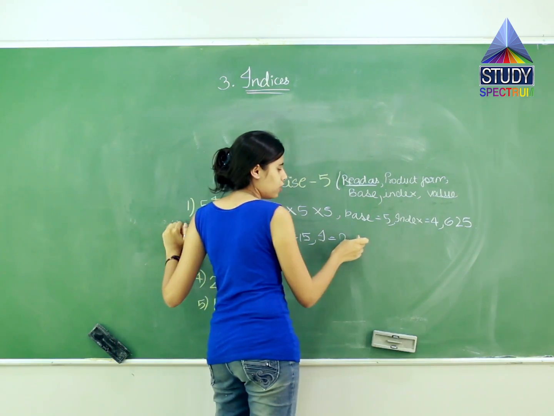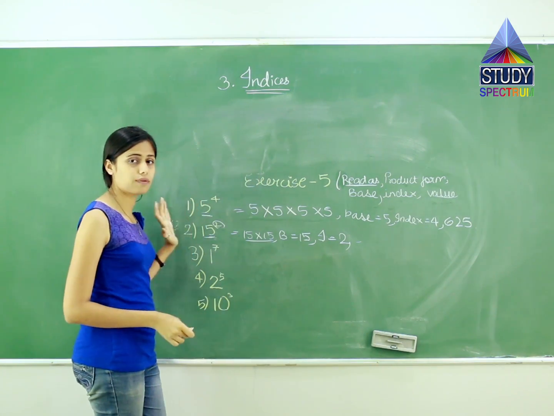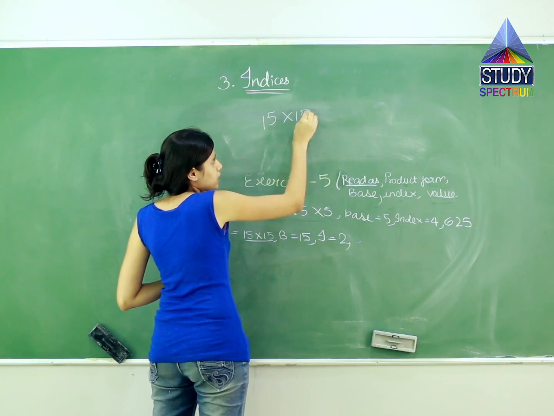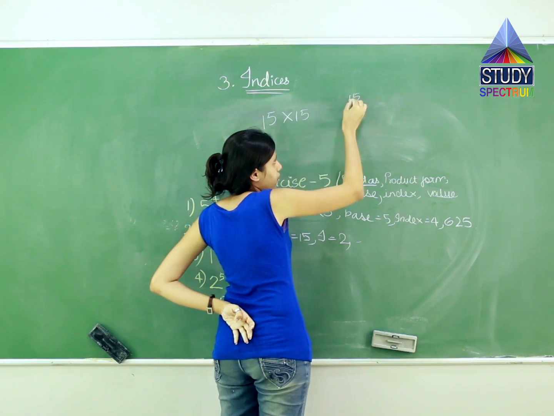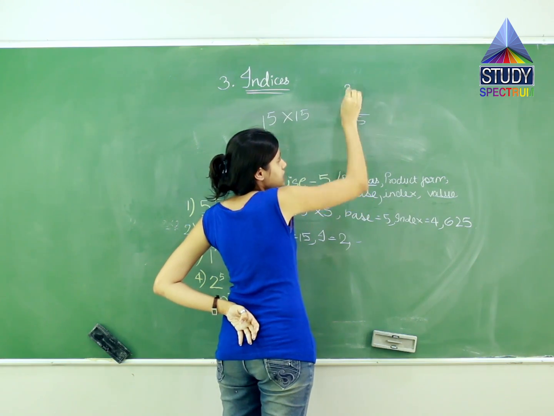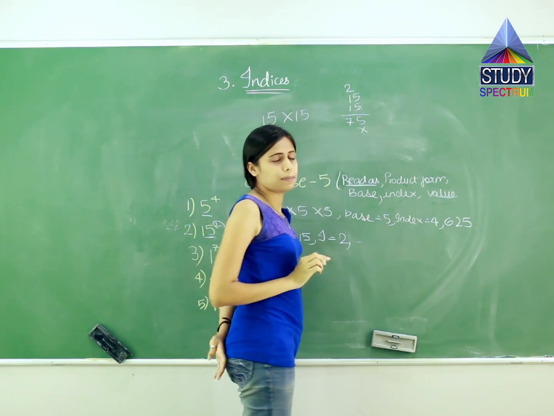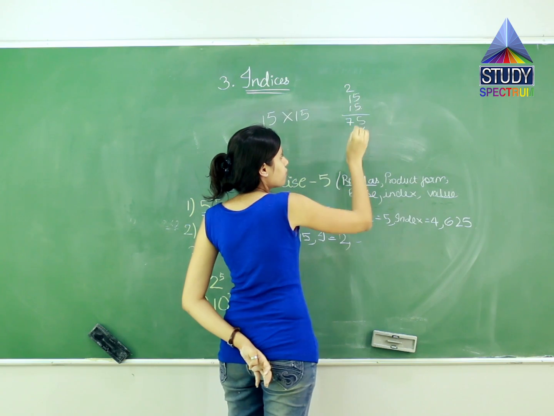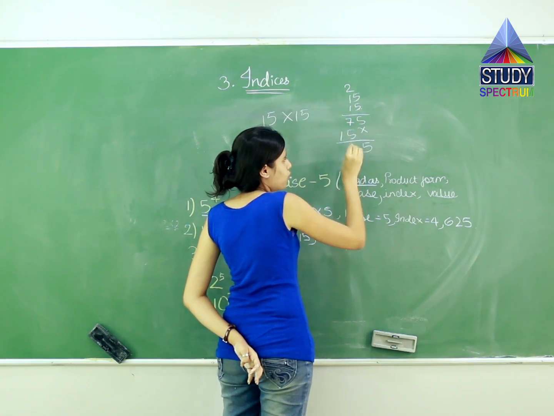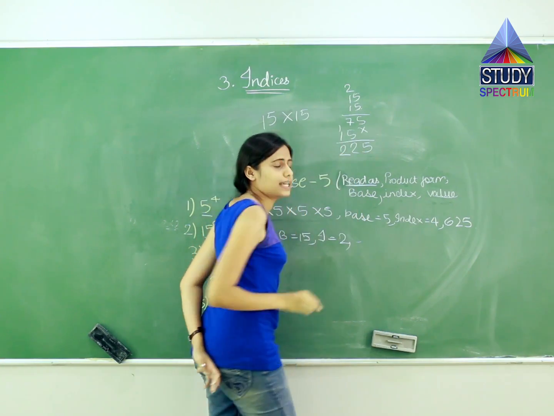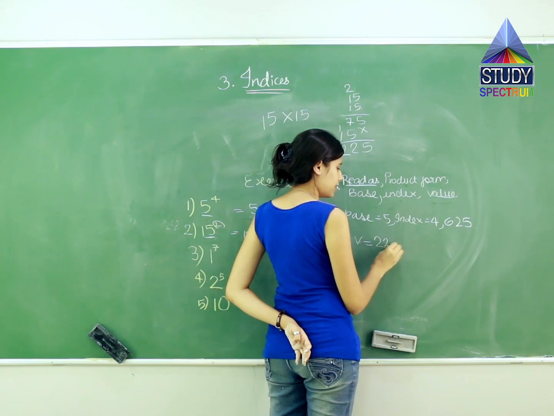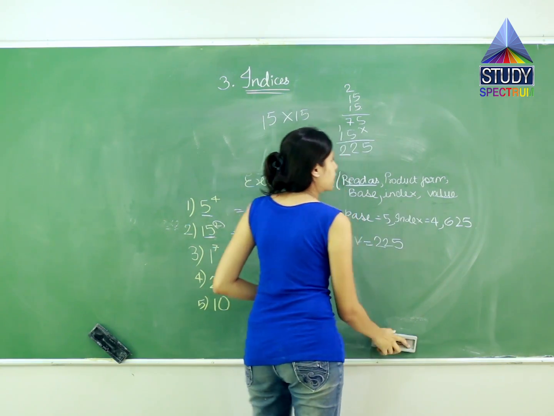Now tell me what is the value of this question. See, the question is 15 raised to 2. What does it mean? 15 into 15. Now let us solve. What is 15 square? 15 into 15. 5 5s are 25. 5 1s are 5, 6, 7. Simple multiplication you have to do. 1 5 is 5, 1 1 is 1. 5, 8, 9, 10, 11, 12, 225. So the answer for this is: value is equal to 225.